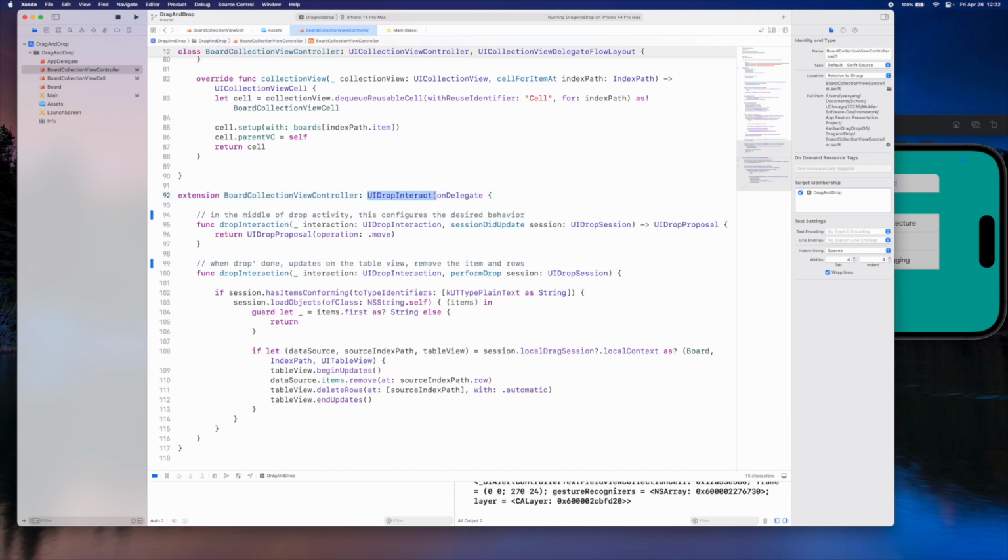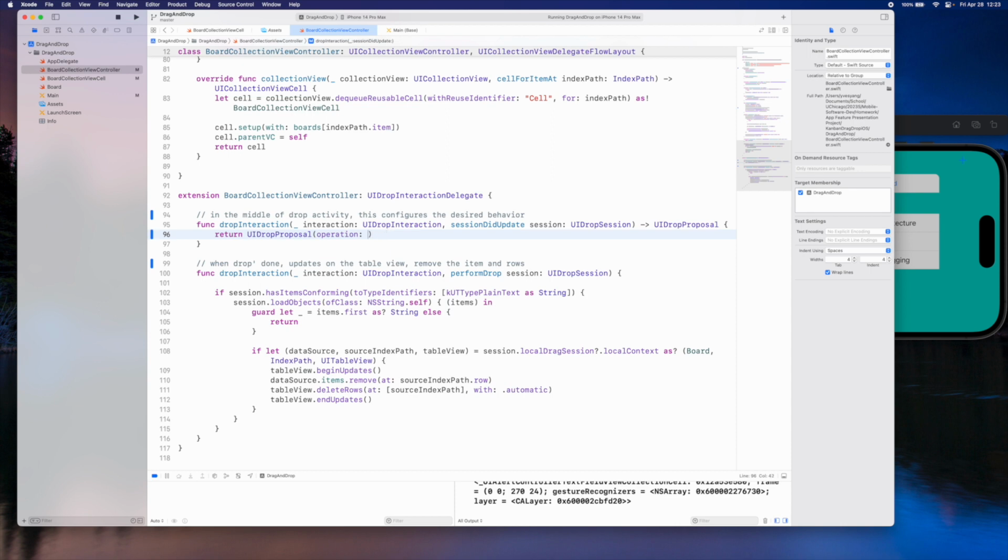Here we have the UIDropInteractionDelegate. The first method defines the drop interaction during a session, called sessionDidUpdate, which is in the middle of your drop activity, and this helps configure the desired behavior on your interactions.